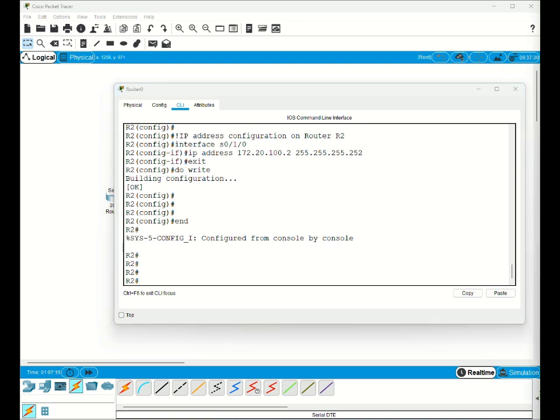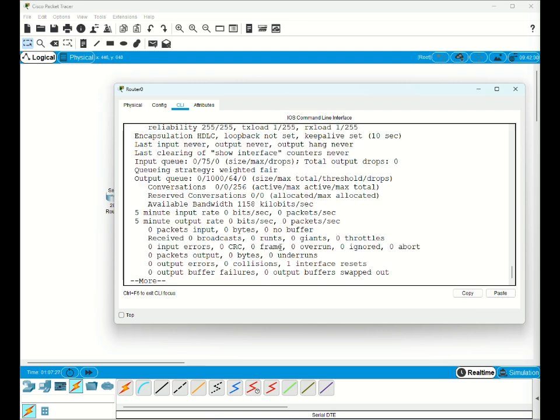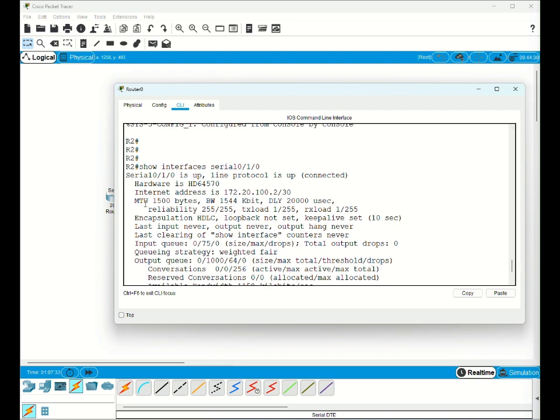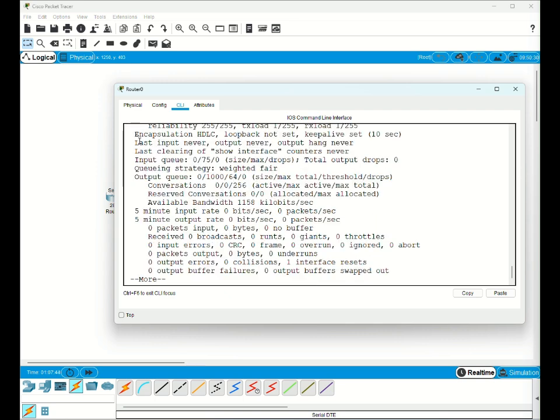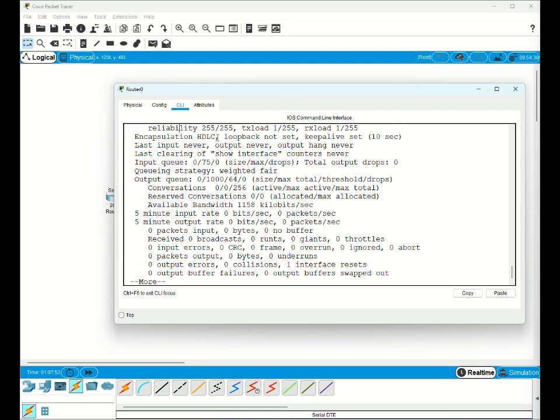Let's check the interface configuration for router 2. So you can see those are the interface configuration. The line is up and connected, encapsulation HDLC, loopback not set, so that's the encapsulation. Okay, so now let's do same for